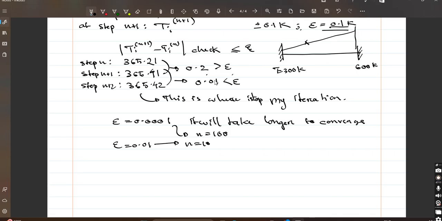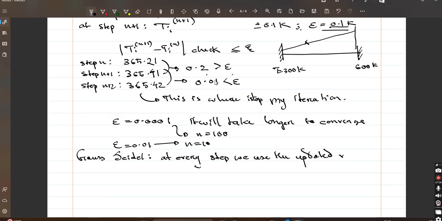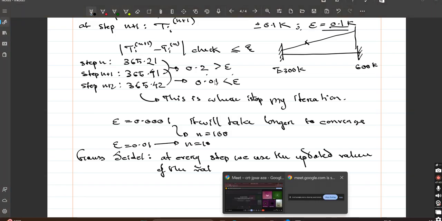Now I have shown you the Jacobi method. So what about Gauss-Seidel, right? The main difference between the Jacobi and the Gauss-Seidel is that at every step we use the updated value of the